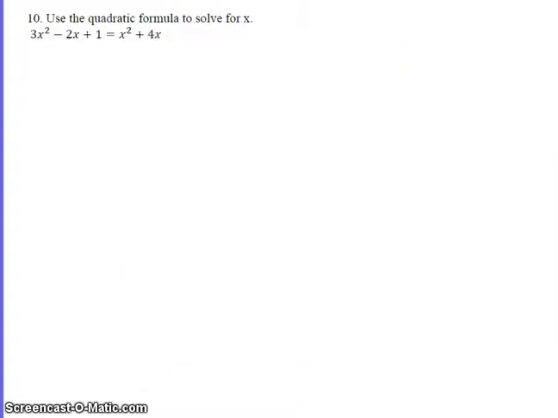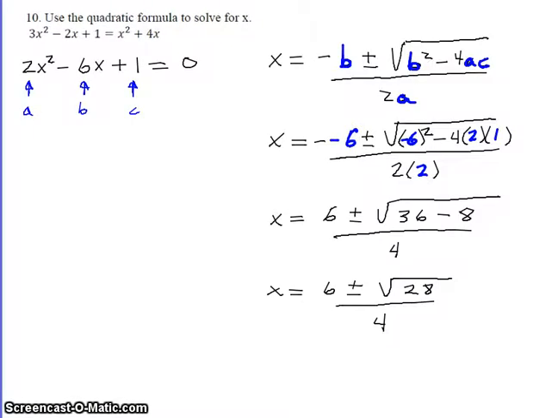Let's move to the next. All right, we got to use the quadratic formula to solve. So that means we have to start off by pulling everything to one side. So I'm going to start by pulling everything to one side, identify a, b, and c, and plug it into the quadratic formula. So here I plugged everything in. I identified a, b, and c, plugged it into the quadratic formula, and here I end up with this,